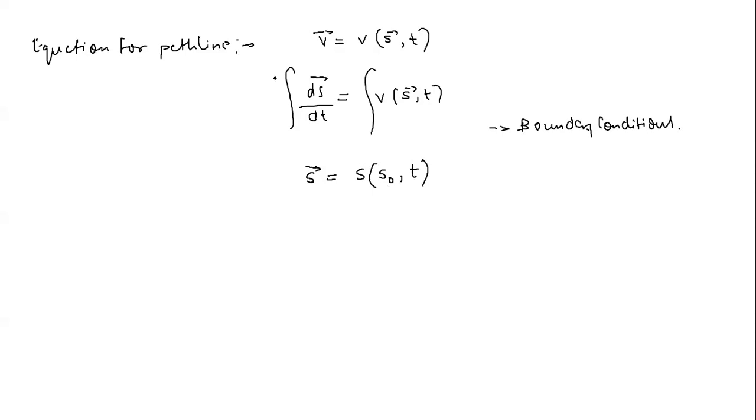Just remember, we started from the Eulerian approach, but ultimately the whole equation reduces to the Lagrangian only, because ultimately this s vector becomes a function of the original position. That means the identity of the fluid particle and time t. So even if you start defining your equation using the Eulerian approach, I have used the Eulerian approach only here to form the equation, that is, v vector is a function of some displacement s vector, comma, time t.